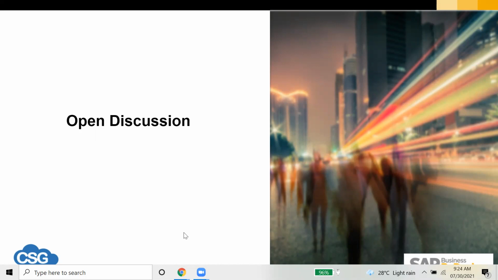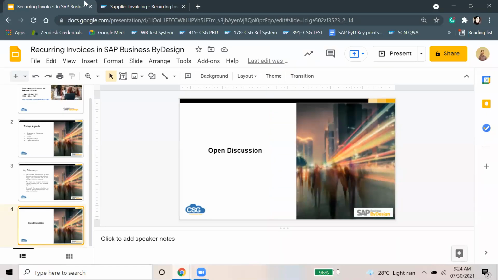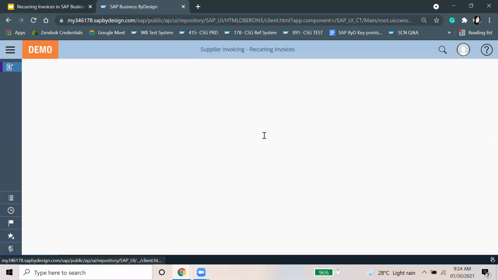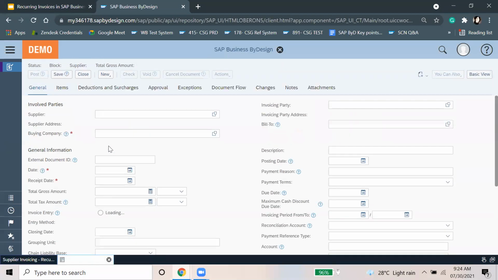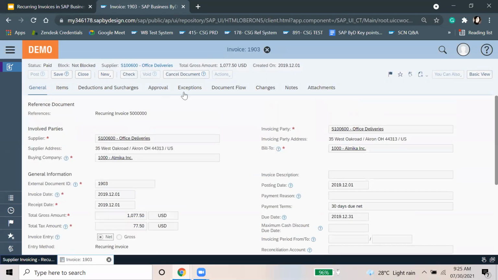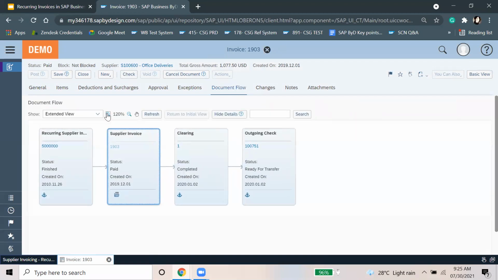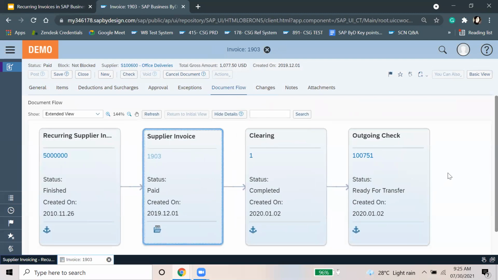Your question is whether it works like an invoice run or a schedule. Priyanka, can you show the system once again? Yes, Kevin. It will not create an invoice request; it will directly create the supplier invoices. Just like I showed you in the document flow, there was no invoice request. It will directly create the invoice here. If you have any approval processes, then upon approval it will get posted, and then maybe you can make the payment to your vendor.